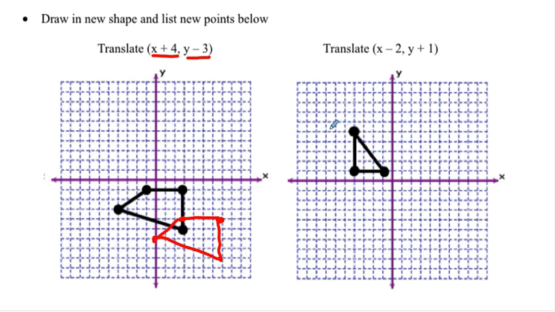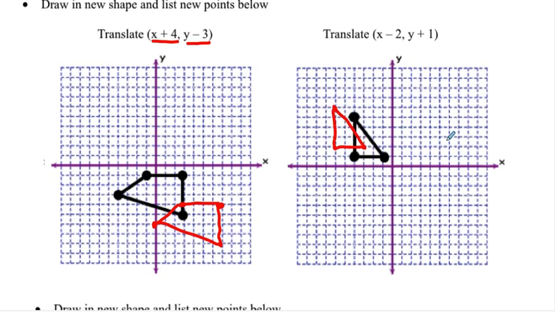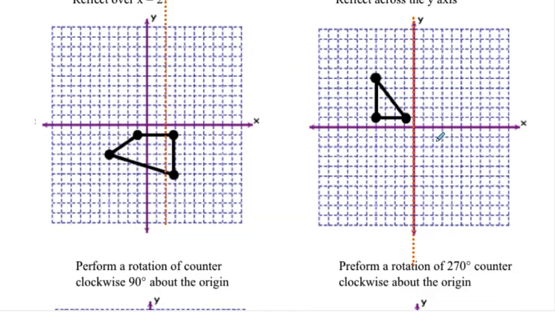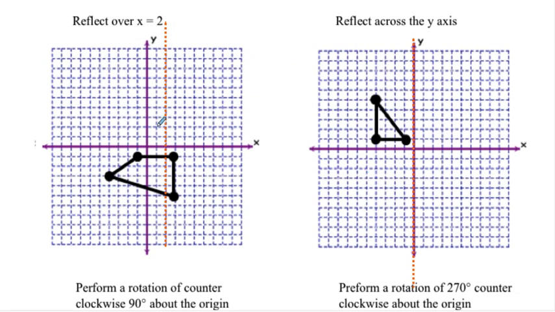Similarly, this is going to drop this to left 2 and up 1. Left 2, up 1. Simple. Now, the reflections are a little bit trickier because you have to make sure that you get the line